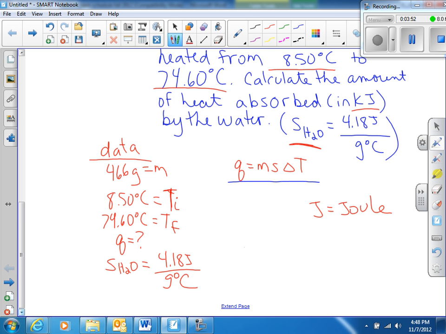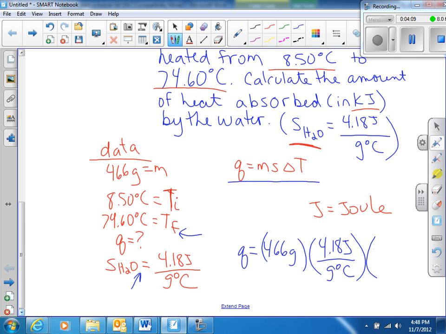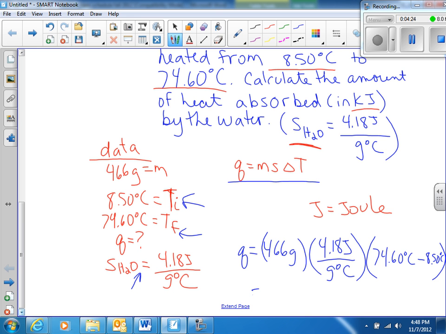We're just going to plug in. So Q is 466 grams. S right here, 4.18 joules per gram degrees Celsius. T final right here, 74.60 degrees Celsius, minus T initial, 8.50 degrees Celsius. And you plug that all into your calculator and you get